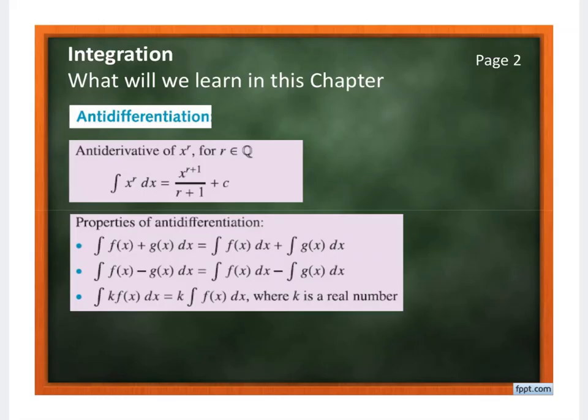Antidifferentiation. Antiderivative of x to the r power, for r is an integer. So the antiderivative of x to the r power dx equals x to the r plus 1 power over r plus 1 plus c. For example,